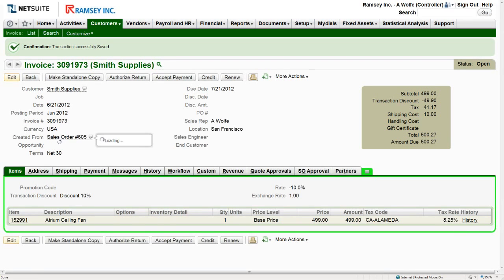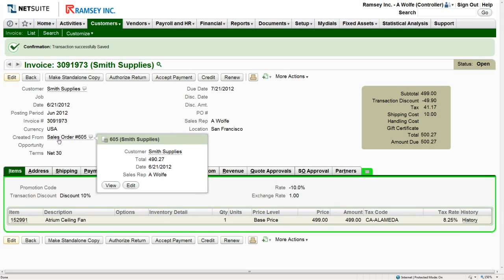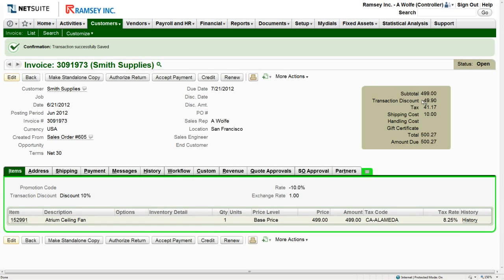And you can see here it's connected to that particular sales order. If we had created an opportunity and a quote, there would be connections up on the screen as well. In this case, we just shortcutted it and went straight to the order. So you can see I've got my subtotal over here, $4.99 with a discount, my tax I'm collecting, the shipping